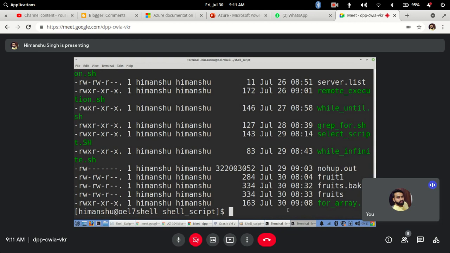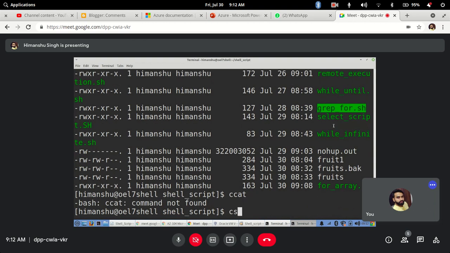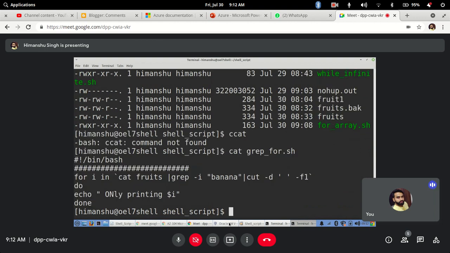But the best thing is, whenever you write or, let's say, are fixing any script, just a quick tip: always try to break the script into parts when you are understanding it. Let's say a script is already there and you want to correct it. First try to break that.